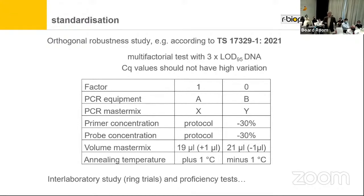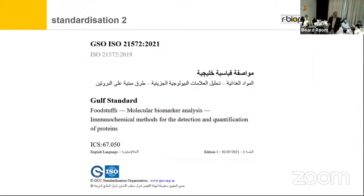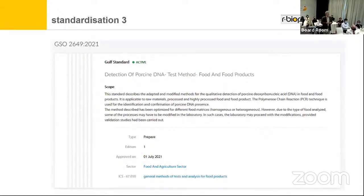In addition, one should do an interlaboratory study. We talked about this in the morning. Let's say different laboratories are using the same assay, or proficiency tests. I will tell some of them in the next minutes. Being here and having the experts from GSO available, I should mention also a Gulf standard for immunological methods. I will not talk about this one, but will mention also a second one